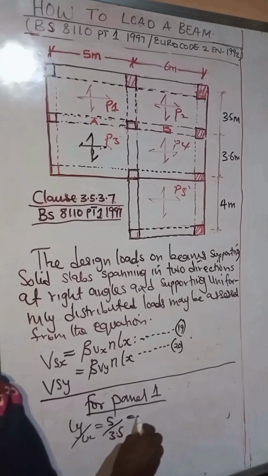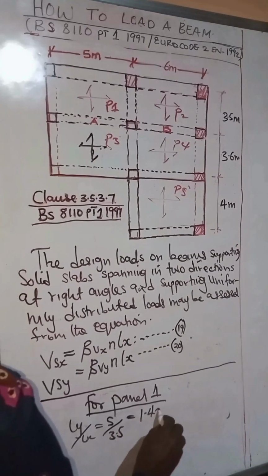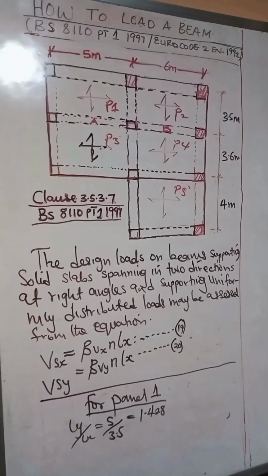3.5. That will give us 1.428. Okay, that is panel 1. Now, have we got to the aspect ratio? What we just need to do is to go to the code. Now, let's go to the code and see what happens. If you look at the code,